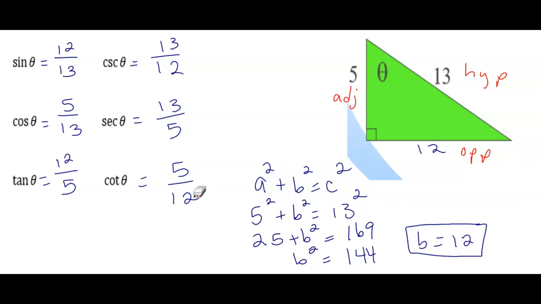Okay, this example is pretty basic. Your answers all turn out pretty nice, but anytime you are using your Pythagorean theorem and you go to take the square root, sometimes you end up with an irrational number. So maybe you would end up with something like the square root of 5. You do not want to put that in your calculator and give the decimal value. You want exact answers, so we always keep our radicals in our answers. Well, if one of your legs is a radical,